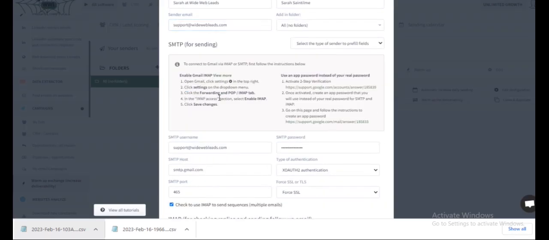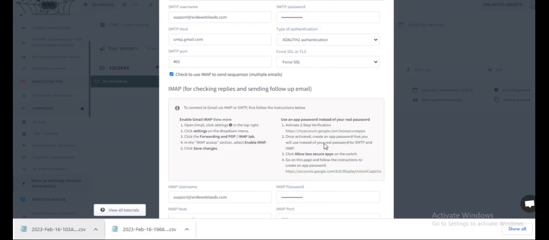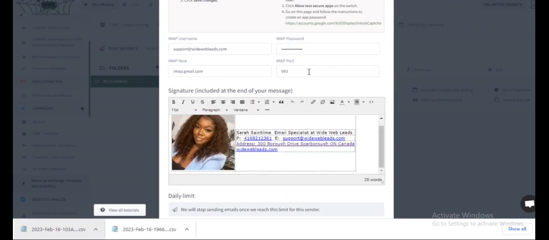So in IMAP access, enable IMAP, which we did. And then we have to use an app password instead of our real password. Really simple to do. You just have to activate two-step verification and create an app password and then add that password here. Apparently I'll need to authenticate my password again.